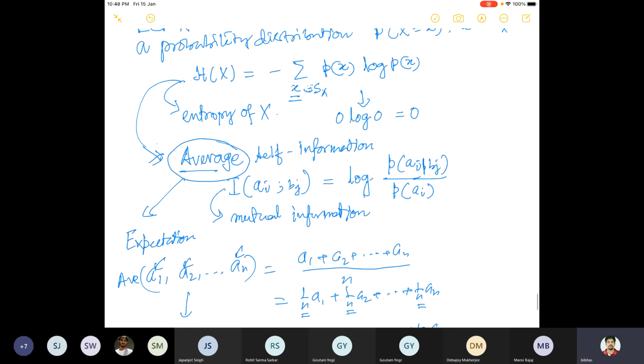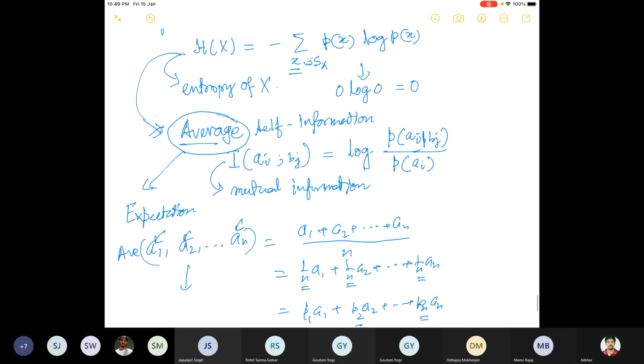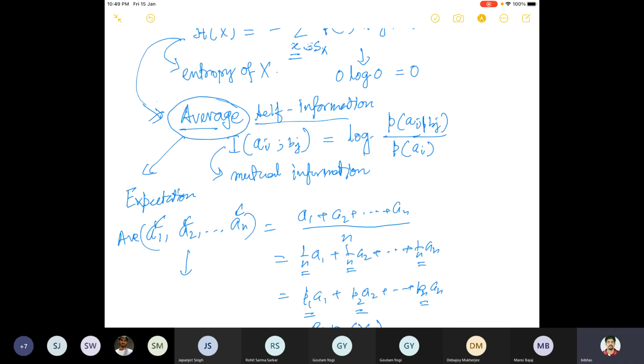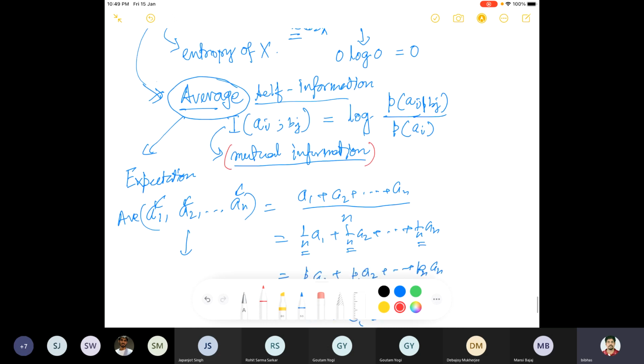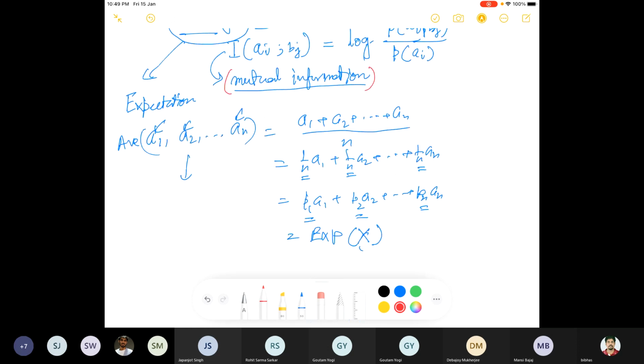Now you can say expectation of something. What is that? I said it is the average self information, so the expected value of the self information. We have defined what is called self information. I was talking about that. So this is mutual information. Let us first say this one is mutual information. Now, what is self information? How did you define the self information from here?